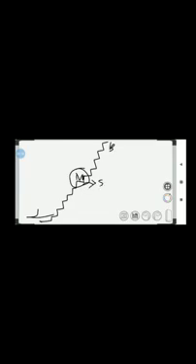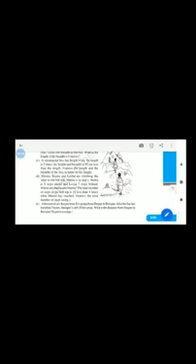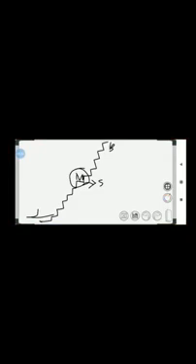So first, Meena is standing at the step called s. Meena is at the position s. And what about Beena? Beena is 8 steps ahead, so 1, 2, 3, 4, 5, 6, up to 8 steps. So Beena is 8 steps ahead means s plus 8. This is Beena's position. And Leena is 7 steps behind, so we have to subtract 7 from Meena's position. That means s minus 7.